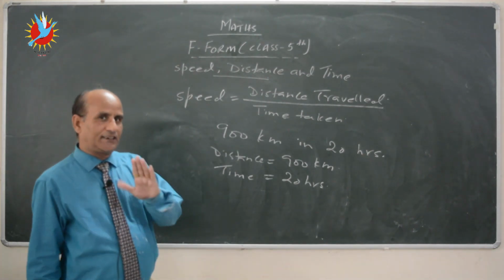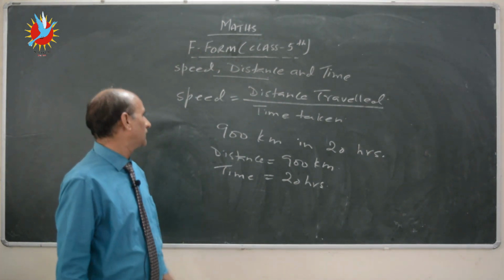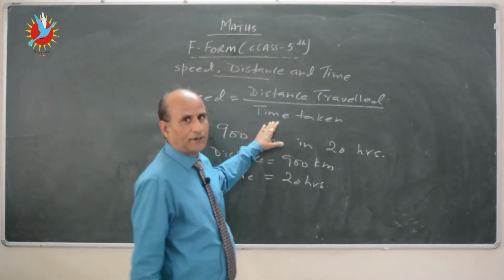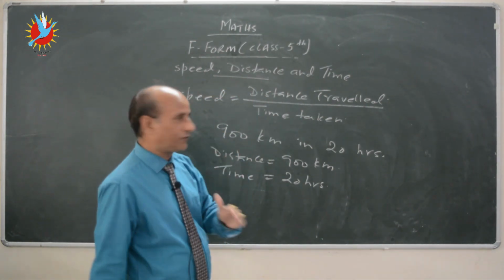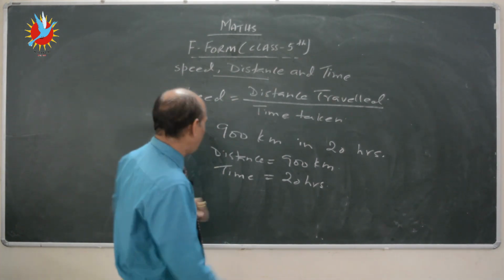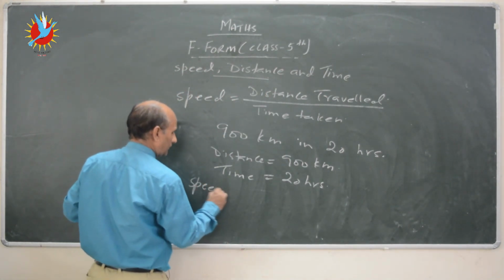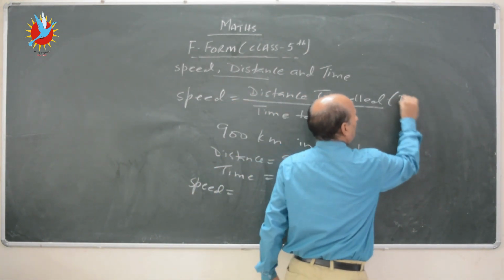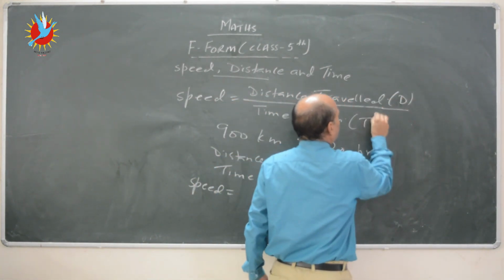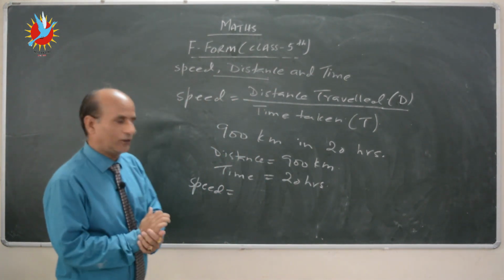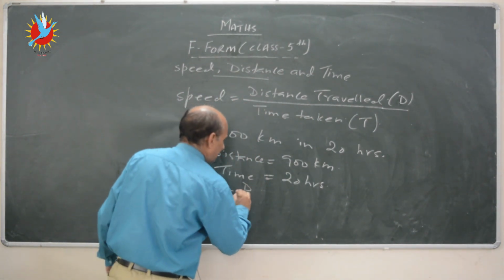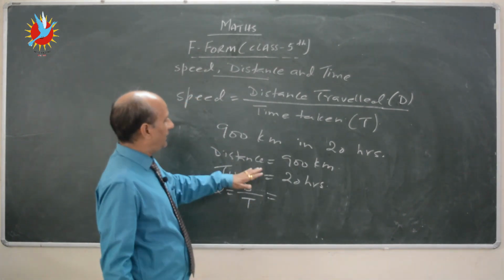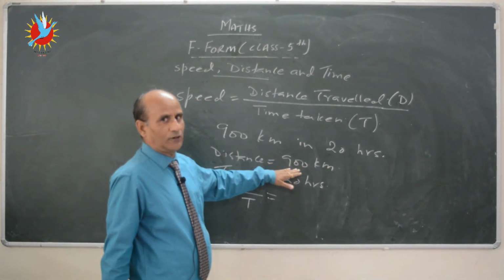Now you have to find the speed of that car. So use this formula. Speed is equal to distance divided by time. So first write the formula, speed equals distance upon time. You can use distance traveled is d and the time taken is t. You can use d upon t also. So distance upon time. What is distance? In this case it is 900 kilometers.